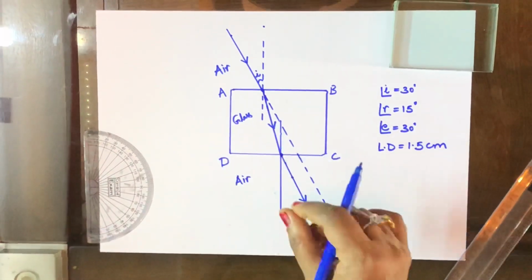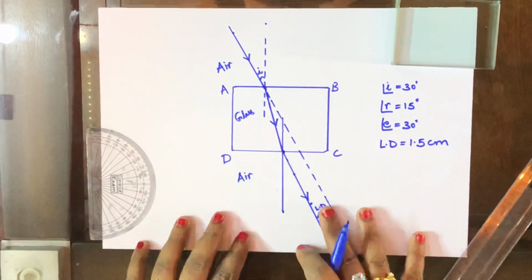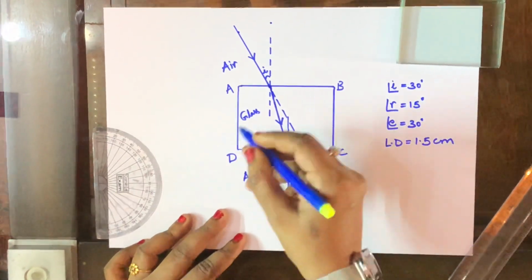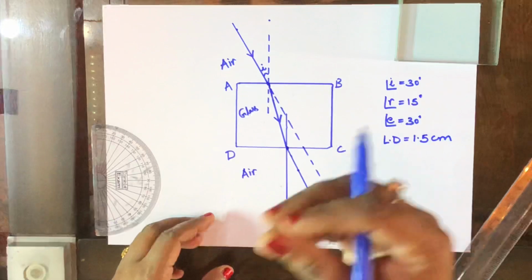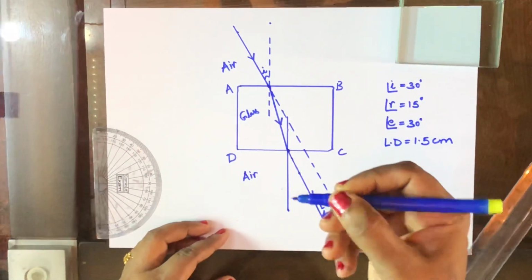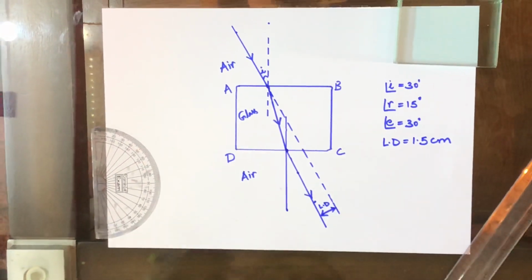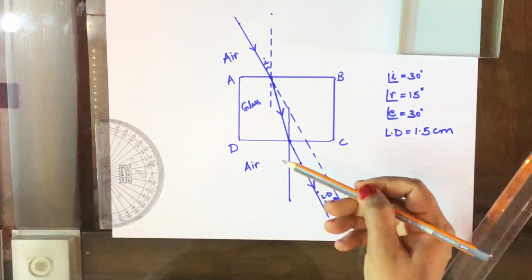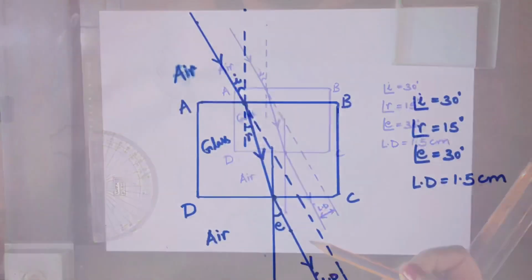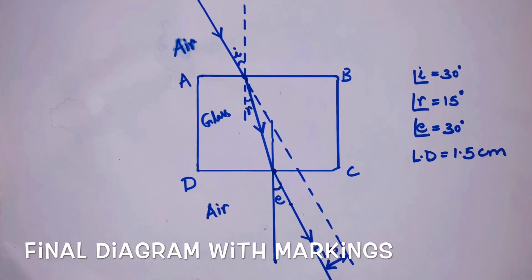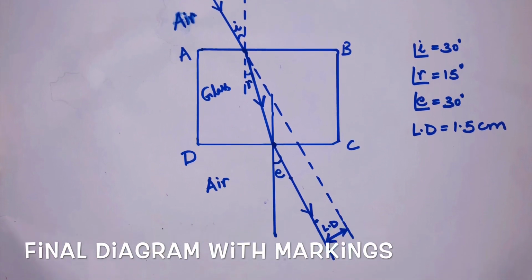Preferably the pins can be taken. And I have also performed the experiment to show it very clearly. I have used a sketch pen. But actually, students, you have to use a sharp pencil to perform this experiment. I hope you have observed this interesting experiment to see the refraction of light through a rectangular glass slab.